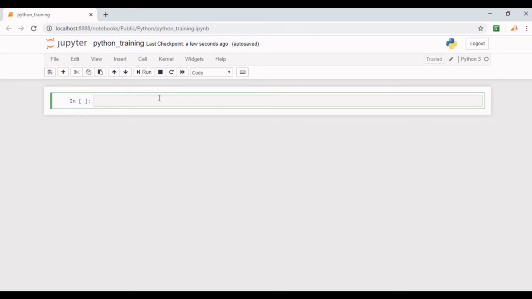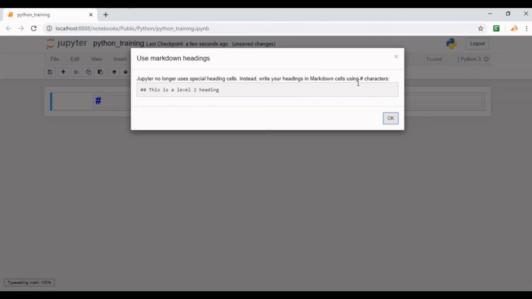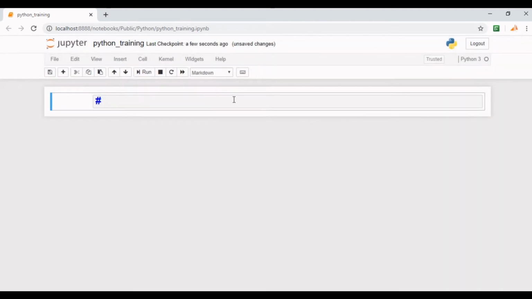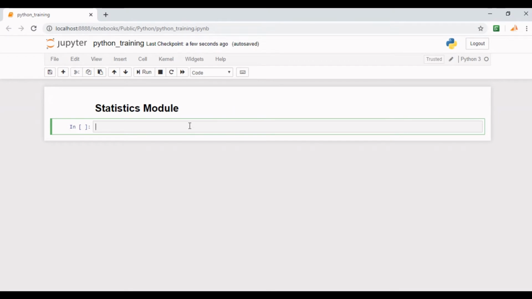In this tutorial we will discuss statistical concepts very frequently used by developers during Python programming. Python provides a statistics module which contains various inbuilt methods like mean, mode, standard deviation, etc. to solve problems which involve statistics.